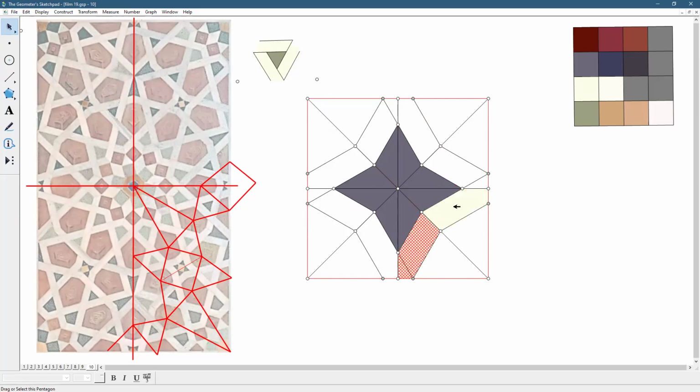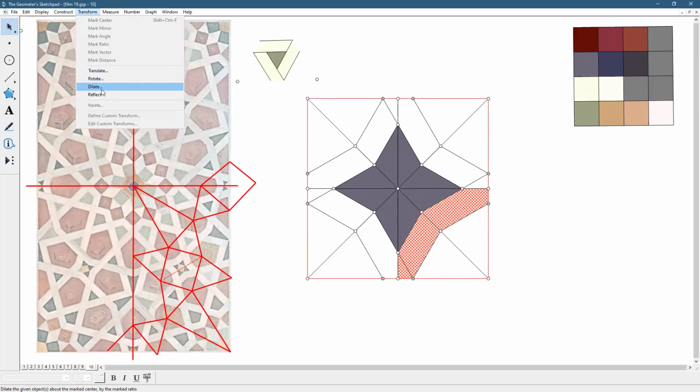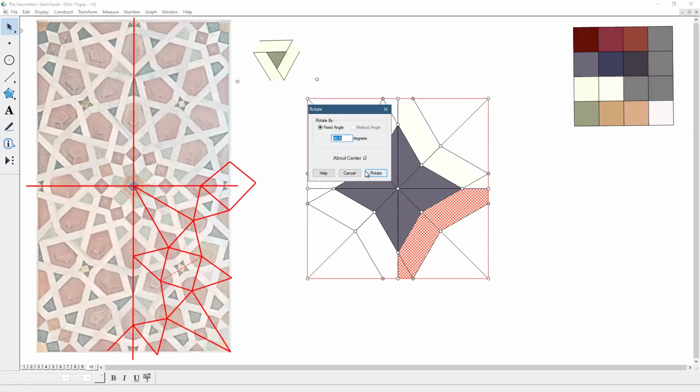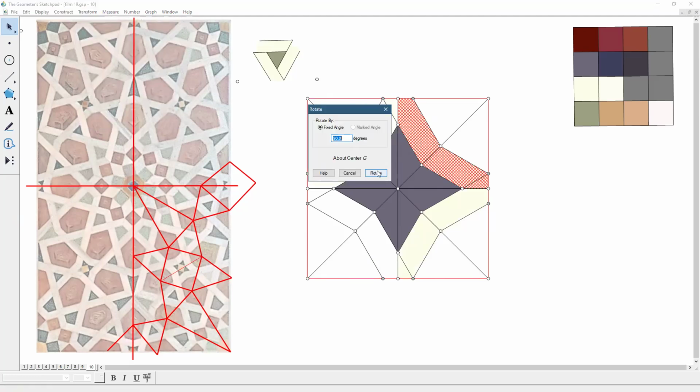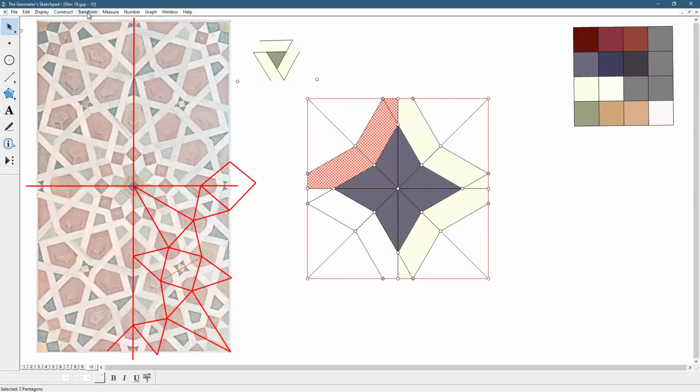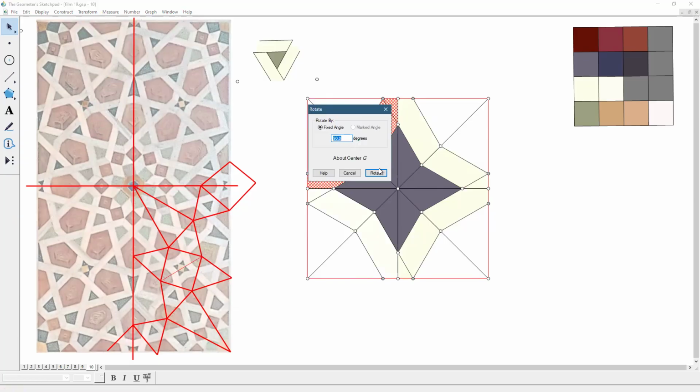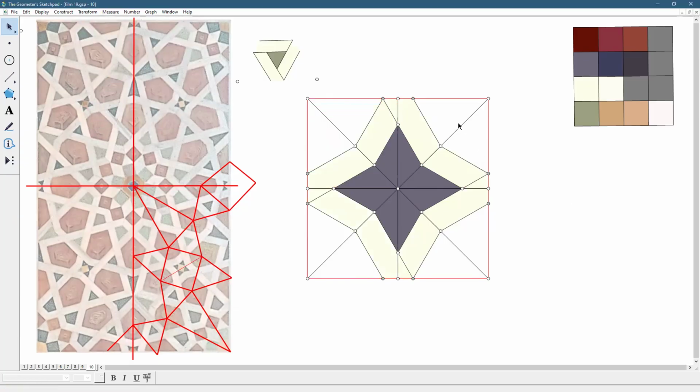Now select these two polygons and you still have the rotation point, transform, rotate 90 degrees, transform, rotate 90 degrees, transform, rotate 90 degrees. Okay, and now what we do, we just hide all these extra lines,